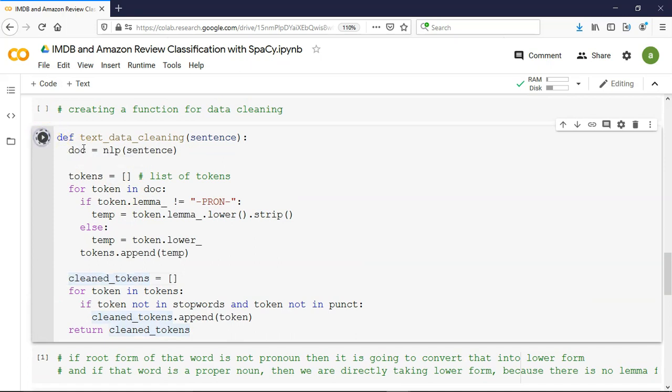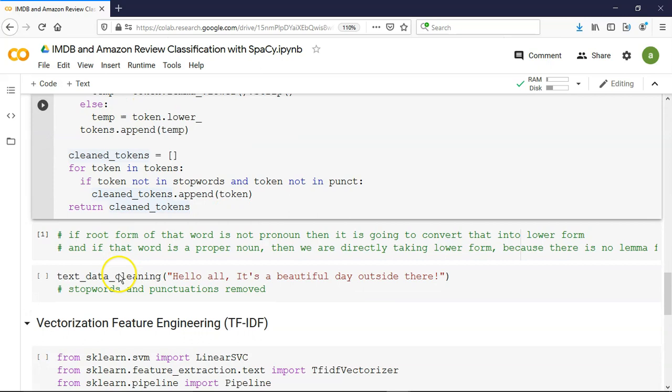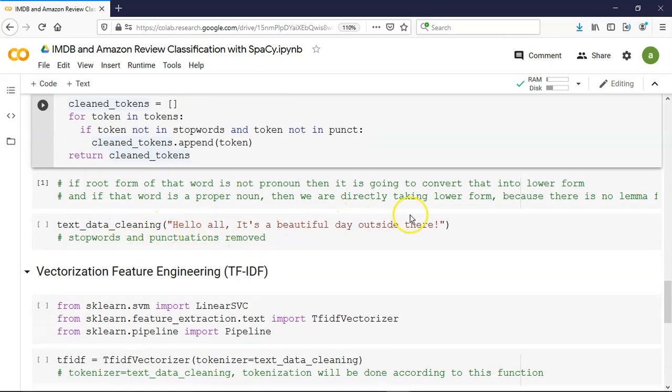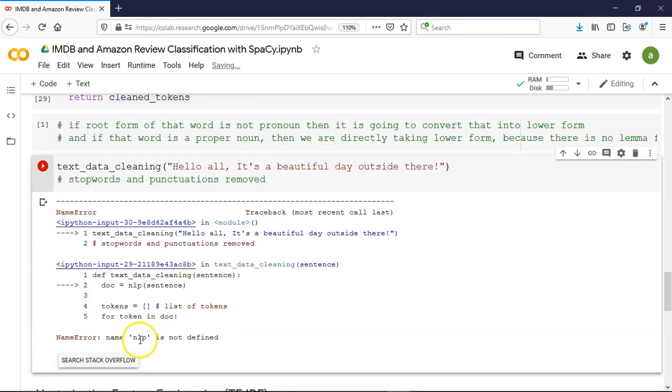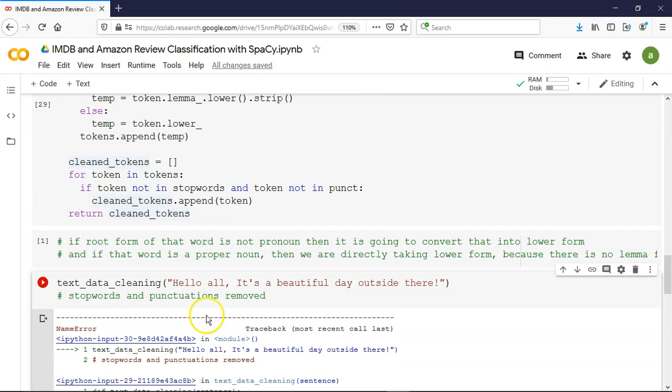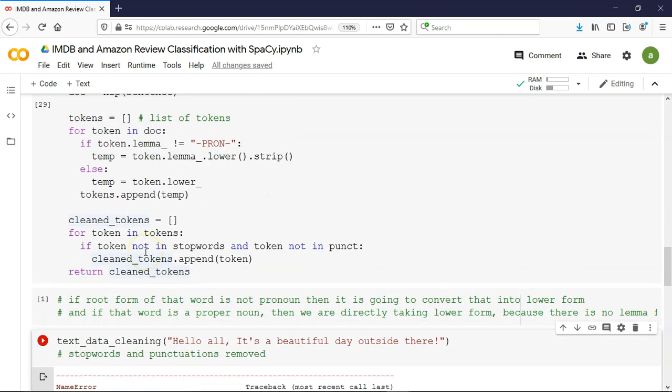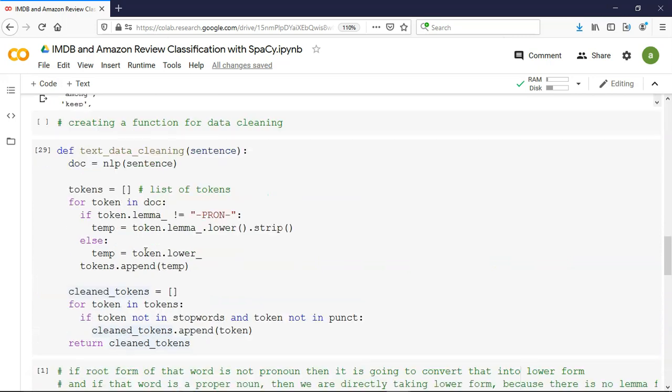Let me execute it, and let's apply this on some sample sentences. So if I execute it, oops, it says NLP is not defined, because we have to import spaCy and load the model also.